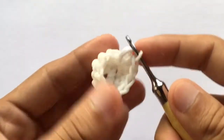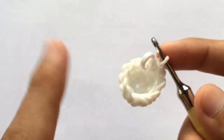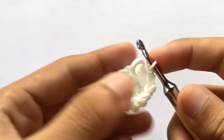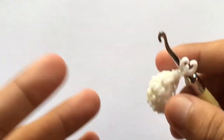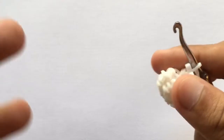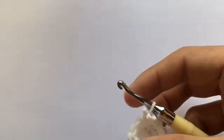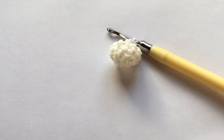So I'm not going to be counting this time since I counted all the stitches as I went through all my single stitches. But if you want to make sure that you have 12 stitches still, you're very free to count. So yeah. So what we're going to be doing next, sorry for the dogs barking. What we're going to be doing next is